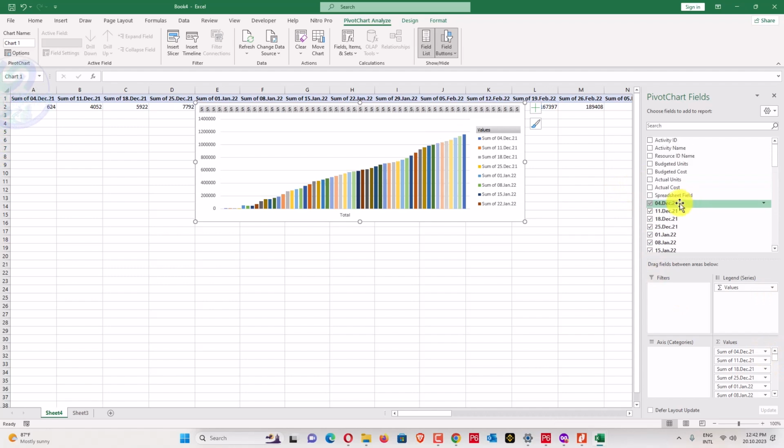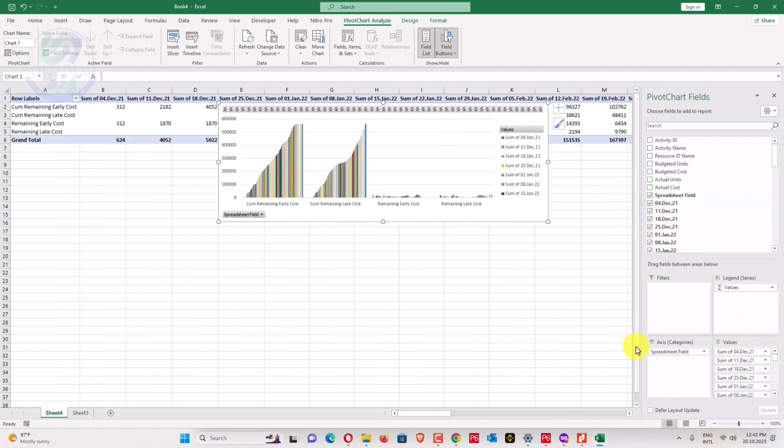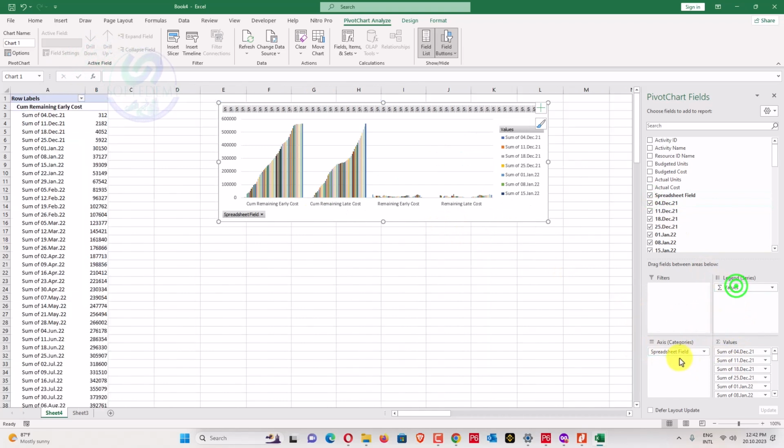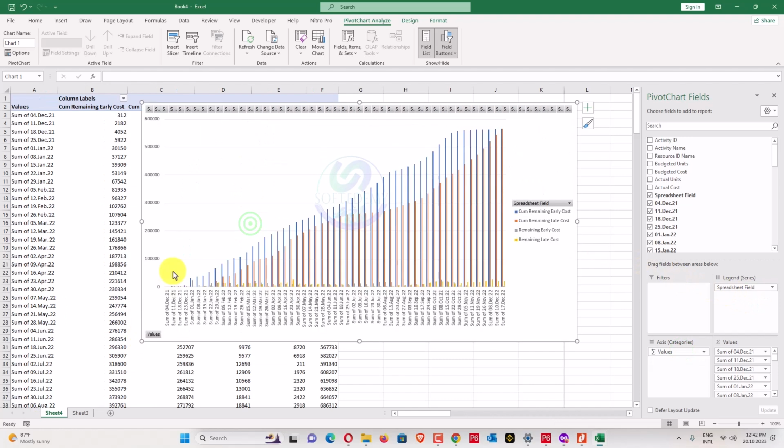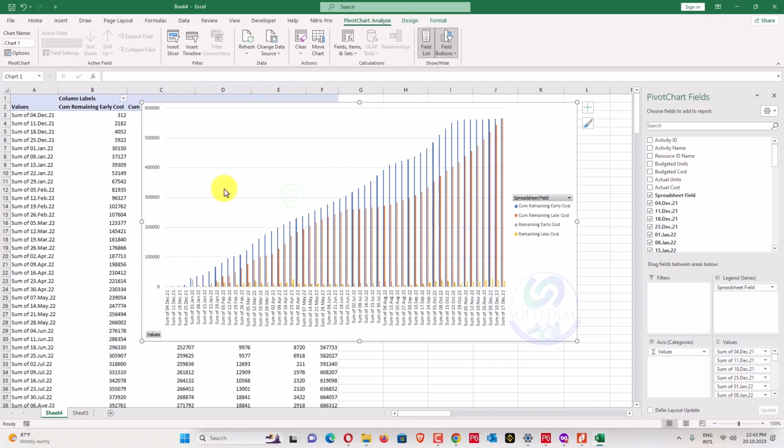Now add spreadsheet field here, now values, spreadsheet here. Now what we can do, just right click here and hide value field button from chart.